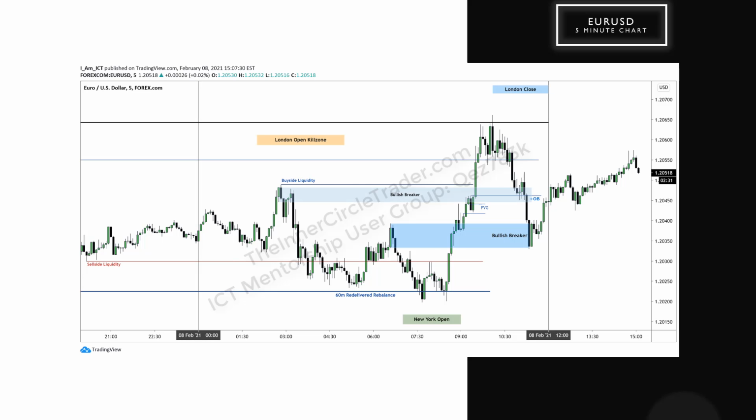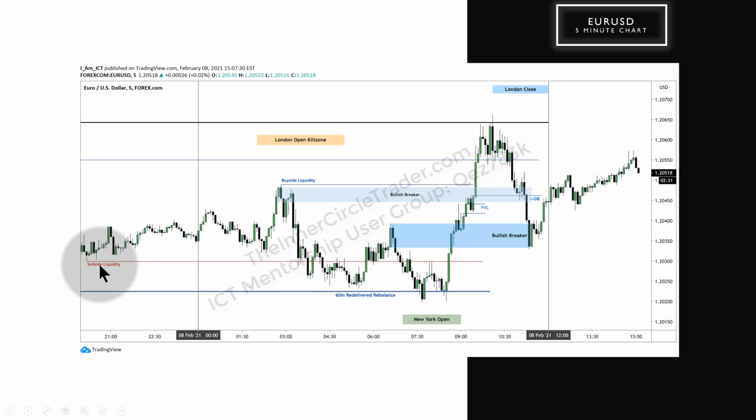Alright, so we have the midnight hour in New York time. Sell side liquidity pool here. Consolidation. Rallies up initially. Now, if you recall what I outlined in the weekend commentary, I stated that we would be looking for weakness on the dollar, higher prices on Euro Dollar, and maybe even into the equal highs on GBP versus US dollar. So we're not really focused primarily on anything going up. We want to see it trading down to a discount.